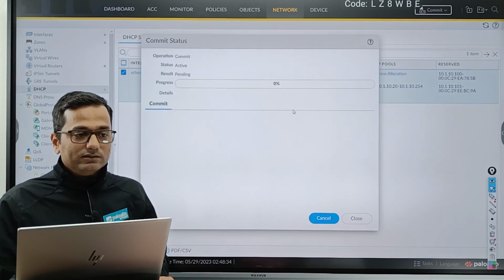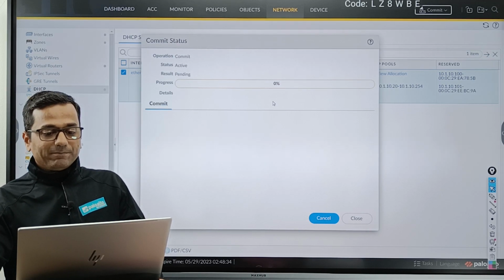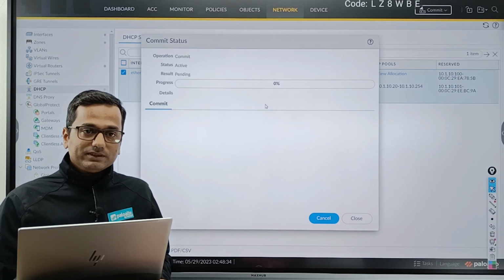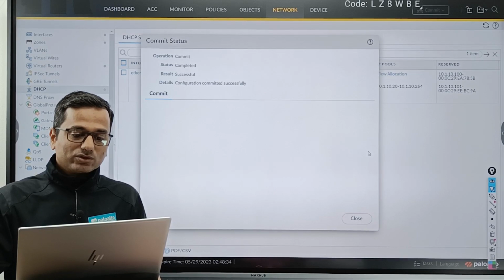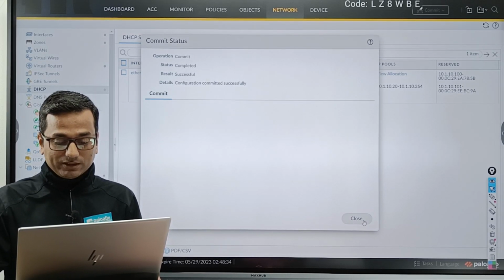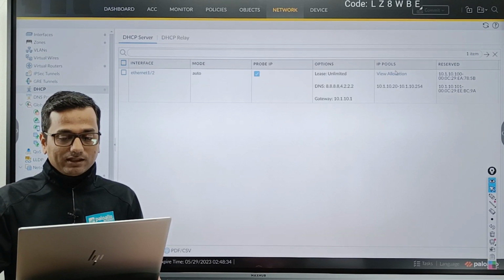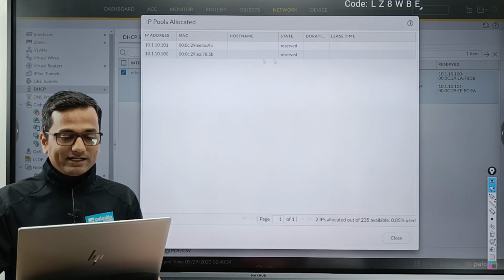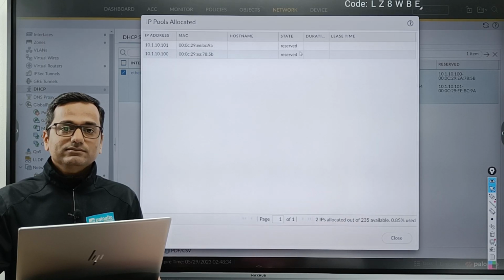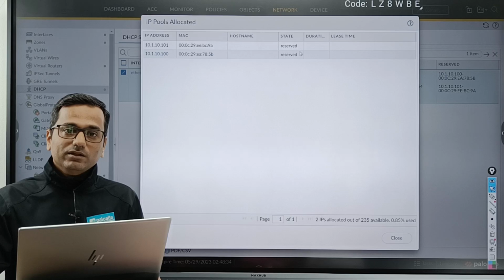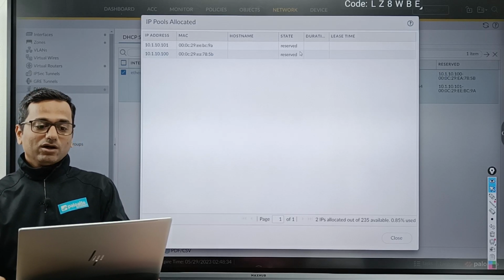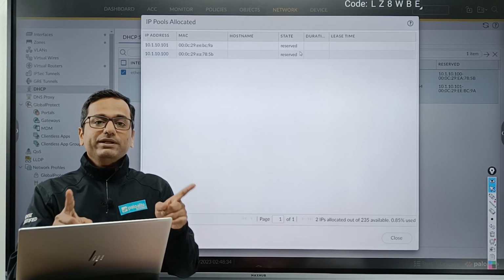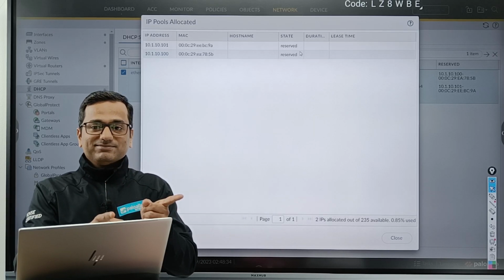Okay. So click on OK and commit the configuration. Commit. It takes time. Perfect, it completed successfully. So now do one thing, guys. See, reserved. What happened here? The Palo Alto firewall automatically removed the previously allocated IP address.